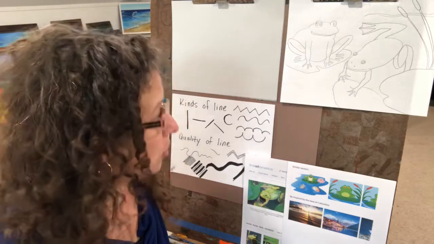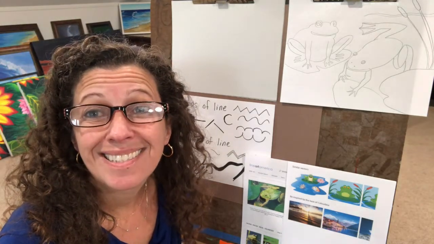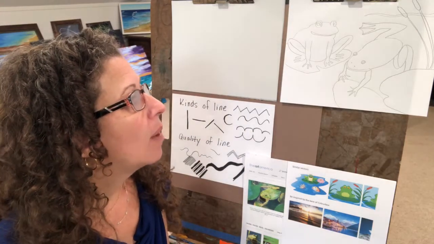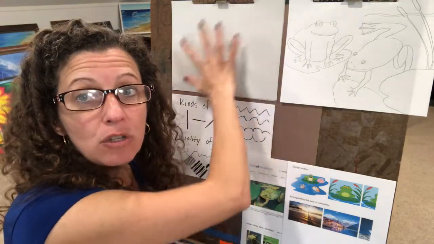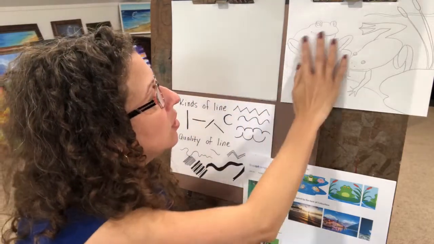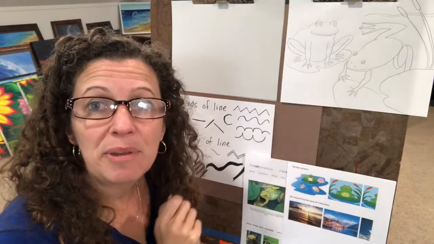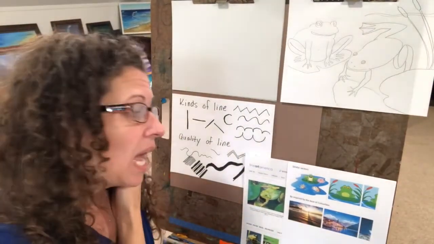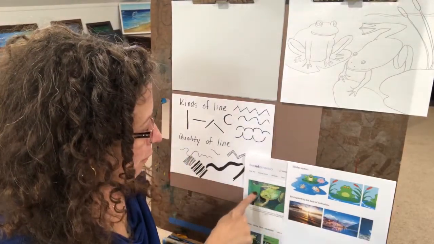So what we're going to do is we are going to start and we're going to focus on frogs. Yeah, they're kind of fun, right? So we are going to make a composition, which means a drawing, focusing on frogs. And I made a drawing here, and I like it a lot, and I think that you're gonna be very successful making that one. So what I wanted to tell you is that I went on the internet, and I just picked out a couple of photographs